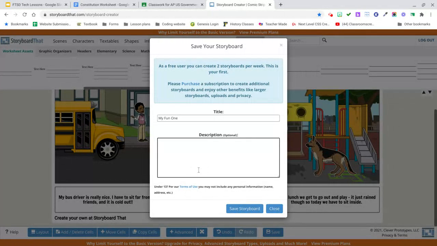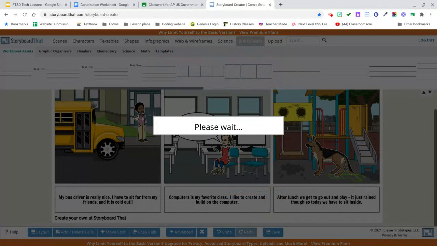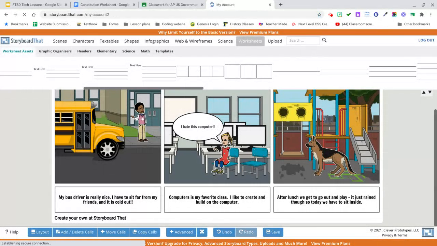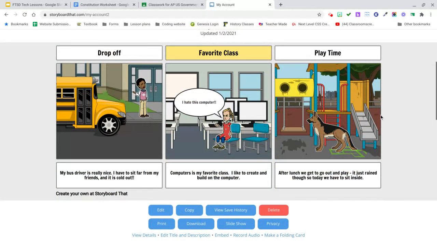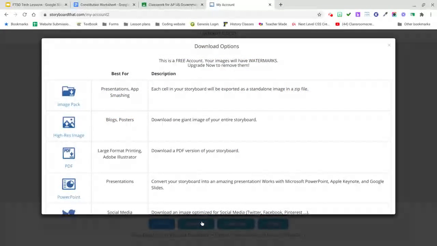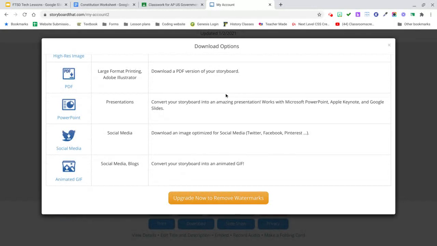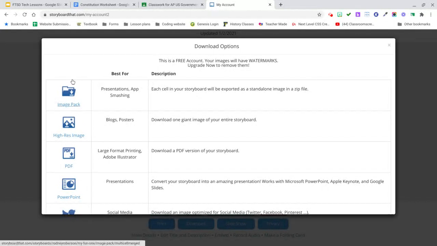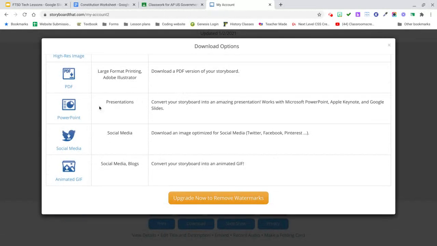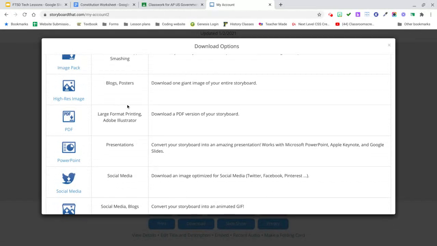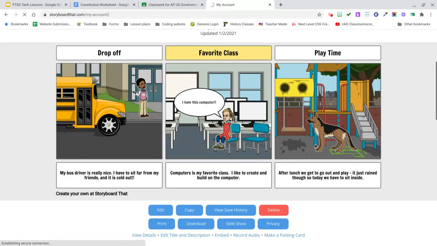All right. Just stuff I did. All right. Save the storyboard. All right. Now, there we go. So here it is, for my students or for me. But now I need to send it to my teacher. So then I would just download it, right? I'm going to download it as an image or a PDF. Either way will work. We don't use PowerPoint, but either way will work so that we can send it to the teacher. So if I just did PDF,